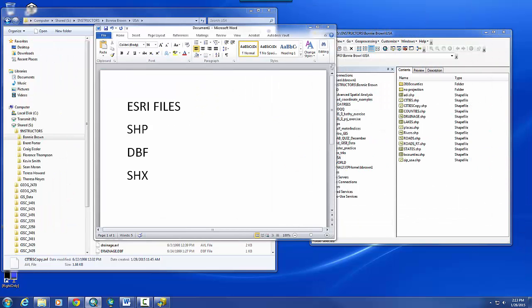So I'm going to place that aside. So for the shape files to work, for this whole process to work, you've got to have something called a DBF for this. To be able to connect to the table, you have to have a DBF. And DBF is the table. So